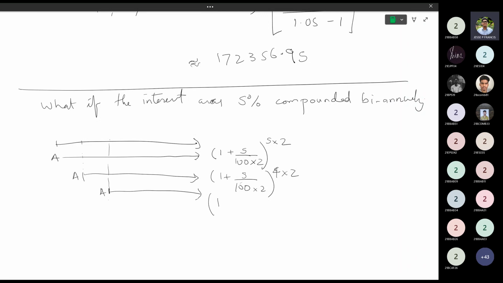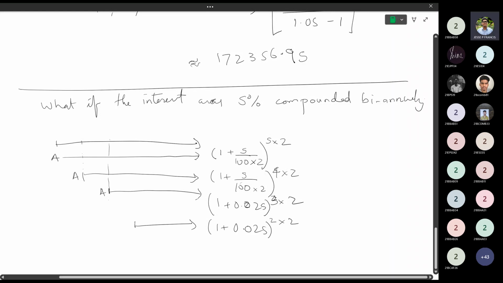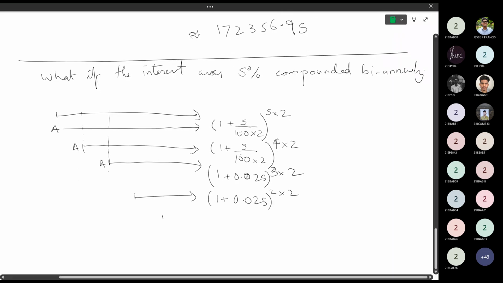5 by 100 is 0.05. 0.05 by 2 is 0.025. 4. 3 into 2. 1 plus 0.025 to the power 2 into 2. 1 plus the power 2. So the total amount will be